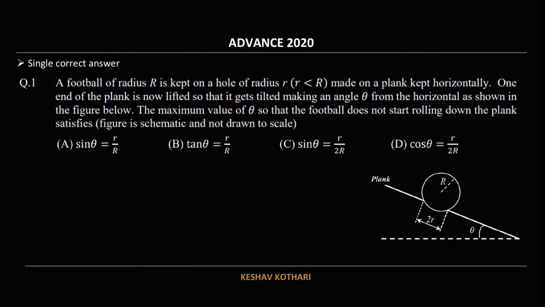So hello everybody, we are solving JEE Advanced Paper 2020. We are beginning with paper 1. In this paper there are 6 single correct type problems, followed by 6 more than one correct type problems, and then 6 integer type. So we are beginning with solving the single correct type problems. We are dealing with the first one.